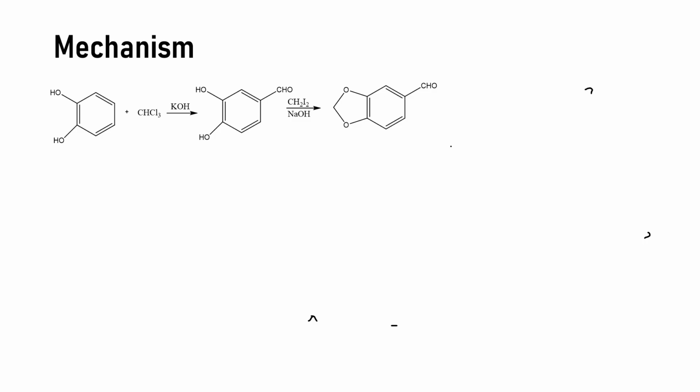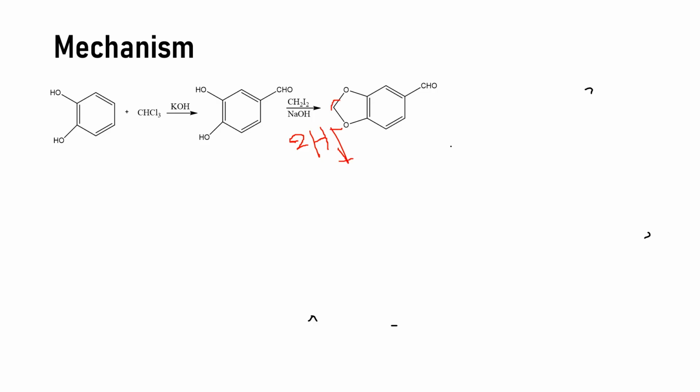Okay, mechanism. First we take the catechol, then chloroform in the presence of the base potassium hydroxide, which is the strong base, and from this we can obtain 3,4-dihydroxybenzaldehyde. Then we take the CH2I2 and the base sodium hydroxide, which will form this one. And how will it be formed? Here the two H's will be removed and CH2 will be formed here,